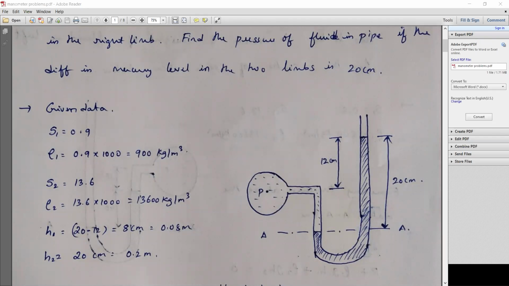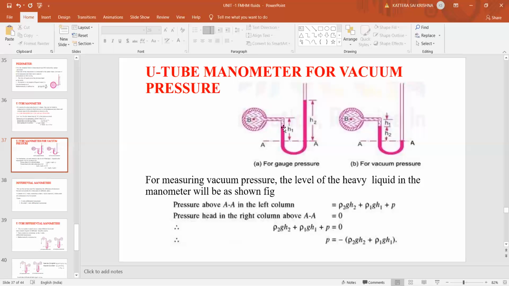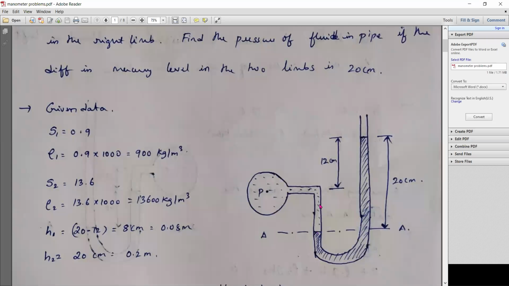Okay, I said there is a mistake in the PPT. Here, if you see, we should have only this fluid here. But what is there in our PPT? You see here, it is showing mercury here. It is wrong here. Up to here, the flowing fluid should be there if it is gauge pressure. Okay, that's what I said there. So it should be like this. There H1 he gave this term, but here he is giving this term. That is the difference. But what we need is this one only, to find the pressure in this limb above the datum line. We want this value.